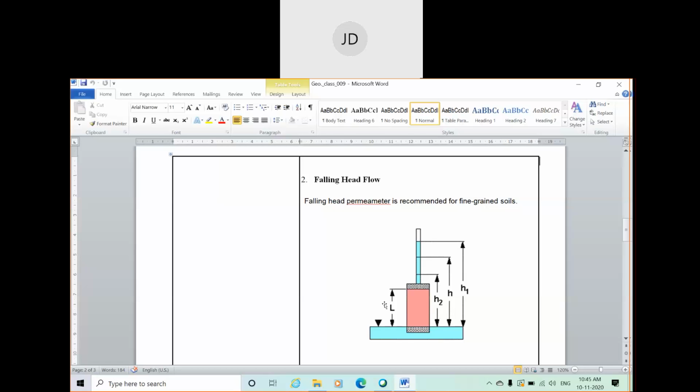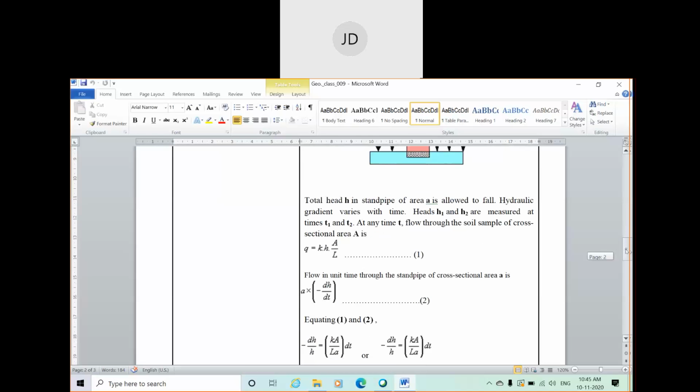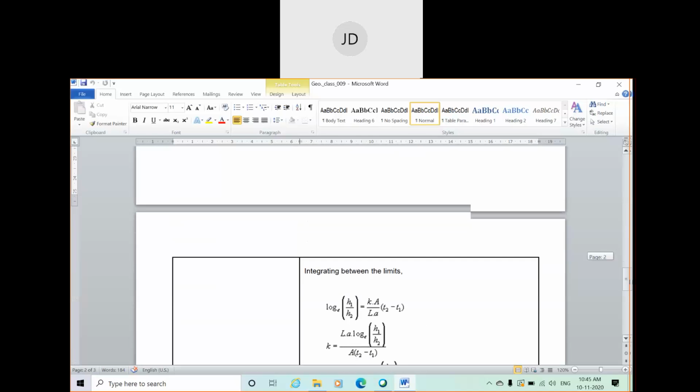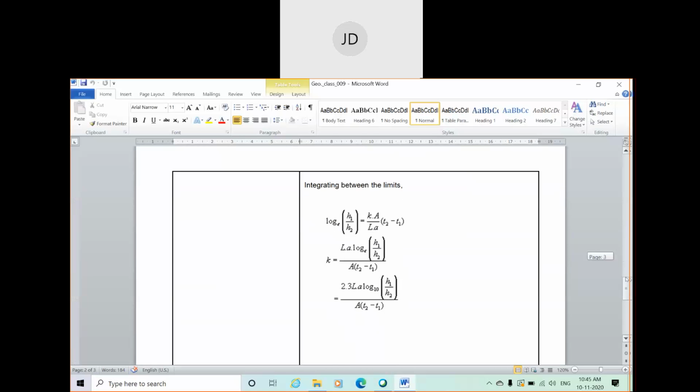Okay, so other things will be similar. L is the length of the sample, and capital A will be cross sectional area of the sample, and small a is the cross sectional area of the standpipe. Okay, and you can go through this derivation. Also you will get this derivation in the textbook. You can also go through it. So I don't want to describe it here, but if you have any confusion, you can ask me, so I'll make you understand. But for now, you can directly get this value of K, the coefficient of permeability of fine